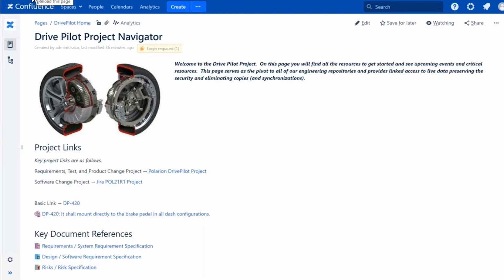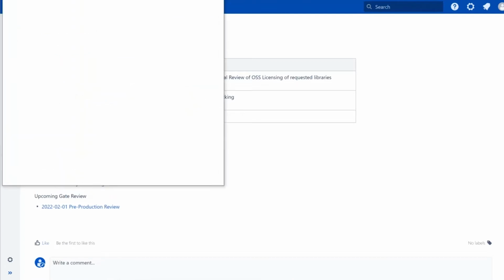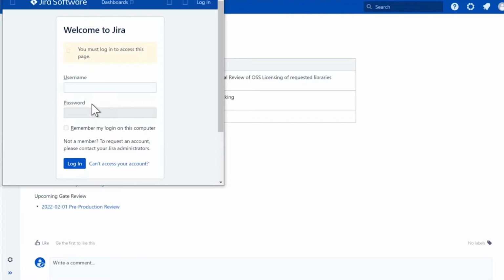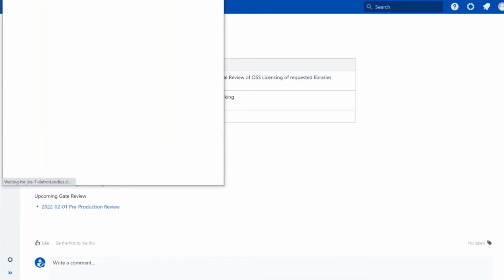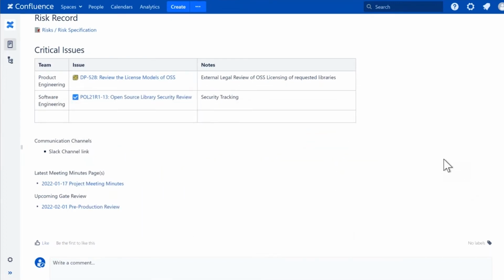A couple of things to pay attention to. Number one is on these links, you'll see that when we're connecting to a repository, it's actually going to force us to log in. I've already logged into my Polarion server. I haven't logged into Jira, which is this other link that I have here. So you'll see this type of flow if I hadn't logged into Polarion, where it's going to demand me to log into that repository to see that interface and the contents that go there. And the value there is that anytime I'm accessing information from a remote server, I'm going to be authenticated to it, and that's the only way that I can see the information from that remote repository.